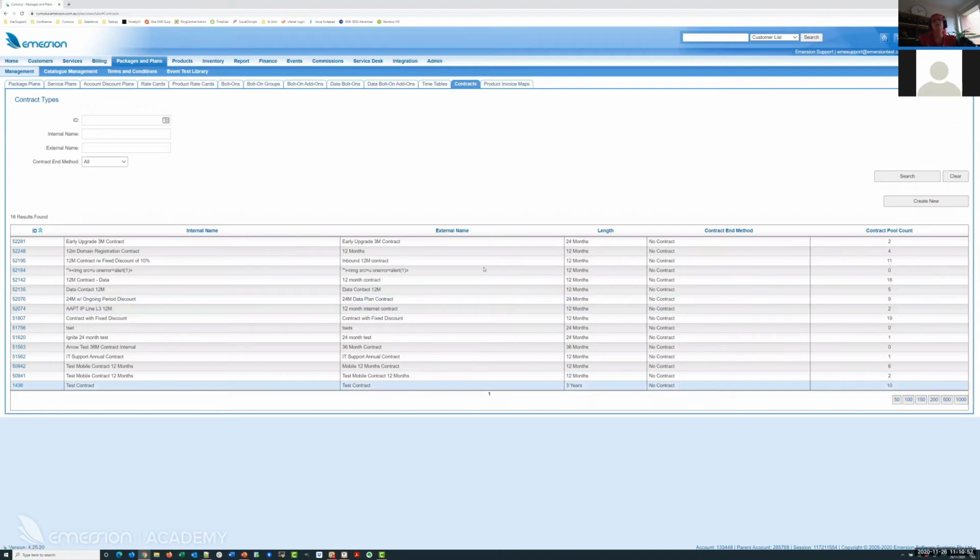So I've got a few different contract types here. They're called contract types, I guess, because the instance of the subscription is where a customer gets a contract. We're setting up contract types from a technicality point of view, but normally we just create a new contract. Now I've got a contract already configured with this